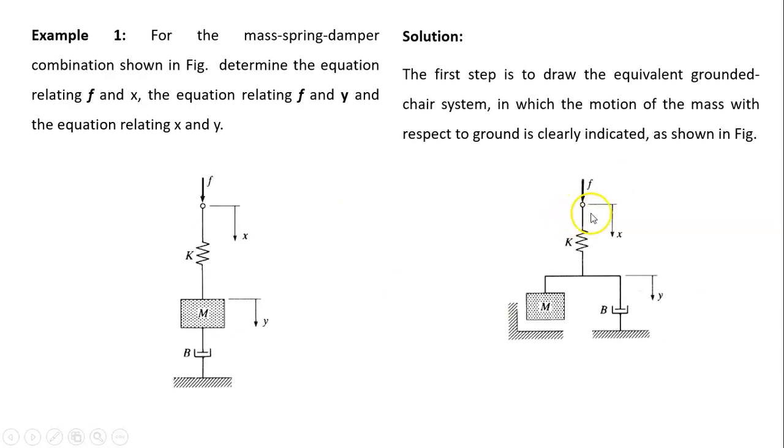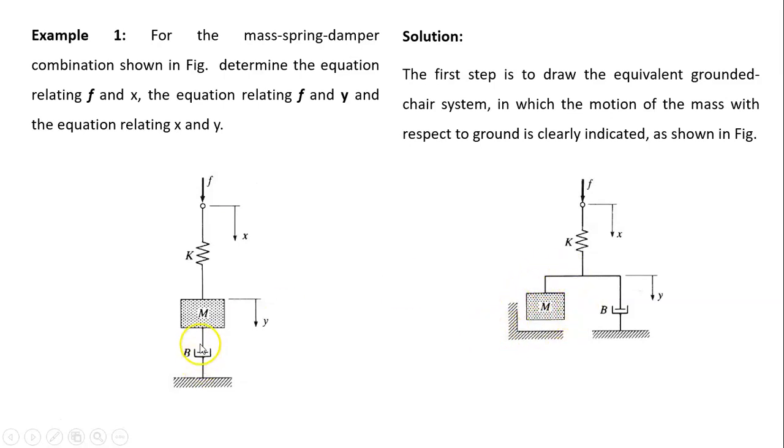How have we drawn it? We have drawn the coordinate x line, we have drawn the coordinate y line. In between x and y, which element is there? Spring is there. Therefore, draw the spring K in between x and y. And we have seen that mass m we always have to show with respect to ground. Therefore, mass m is connected to the two coordinates, that is, coordinate y and coordinate ground. Therefore, mass m is connected to the coordinate y and it is grounded like this.